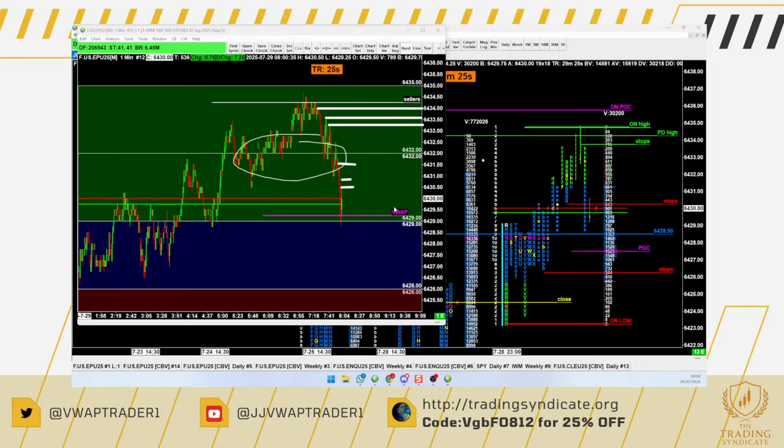Now we'll rip through those levels if enough people are short and start to cover. If it's a gentle short covering, it'll just kind of go sideways for a while. And that's the difference between